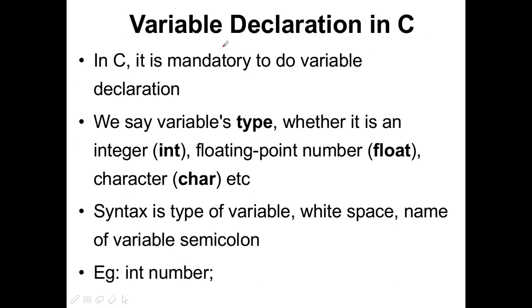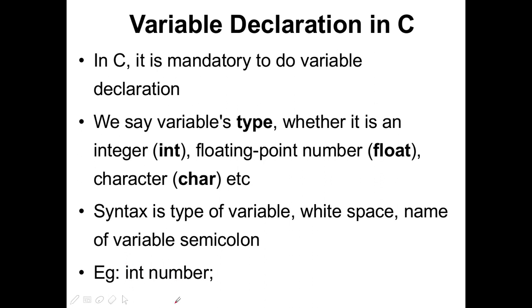So how do we do variable declaration in C? That's what we are going to see. In C we have to do variable declaration. It is compulsory, otherwise you will get an error. There are different types available: integer, float, character; the basic primitive data types can be integer, float or char. And what will be the syntax? You have to say the data type, followed by a space, followed by the name of the variable. For example, if I want to declare an integer variable, then I should use int.